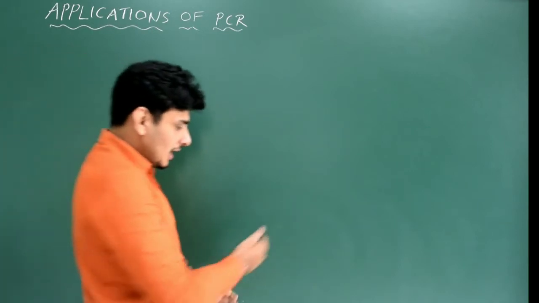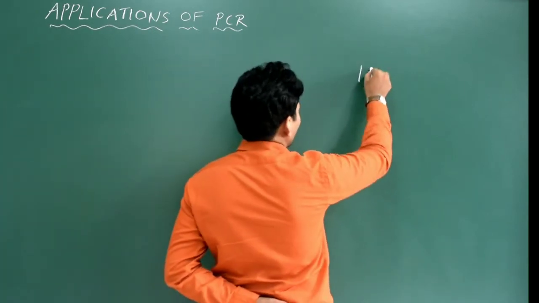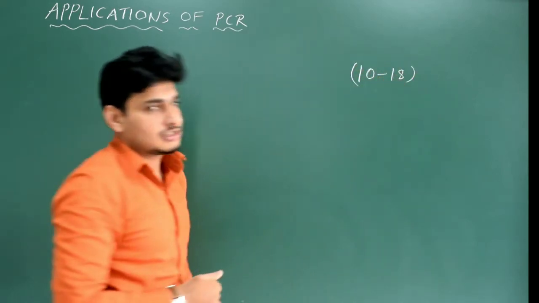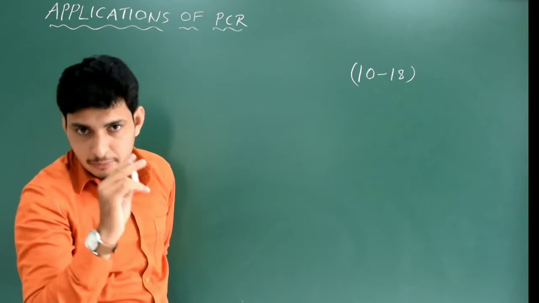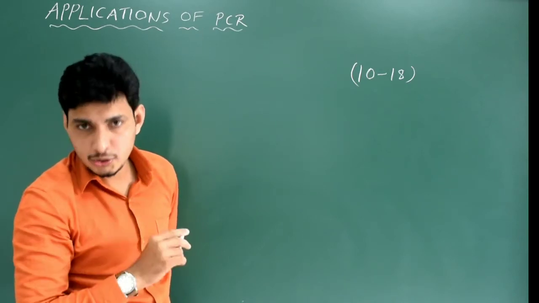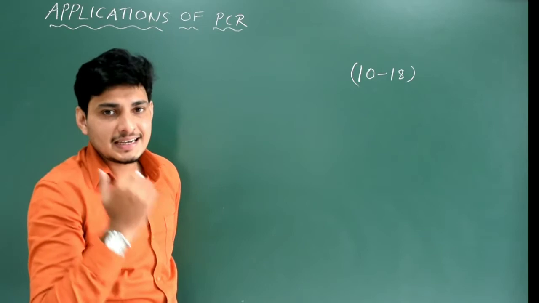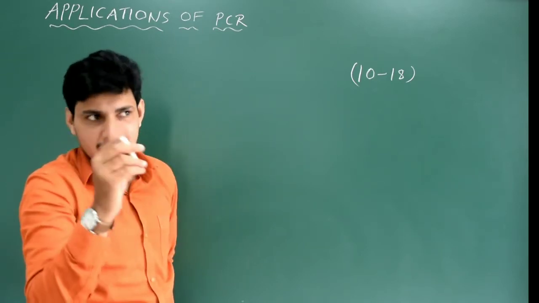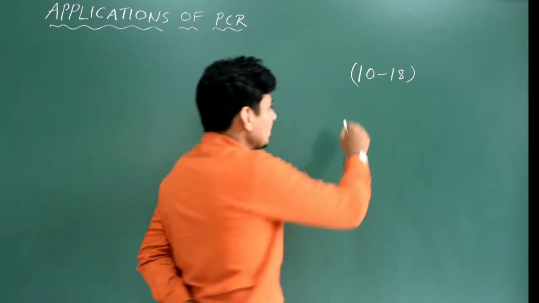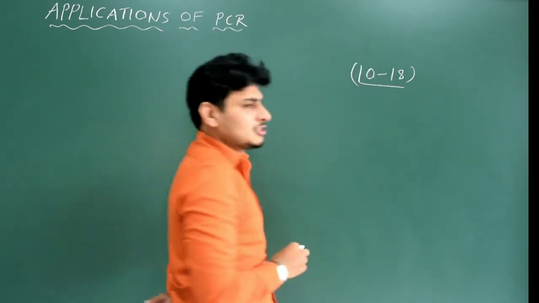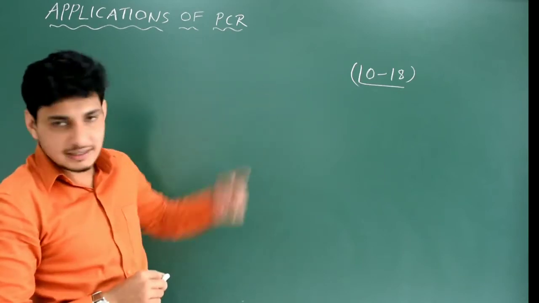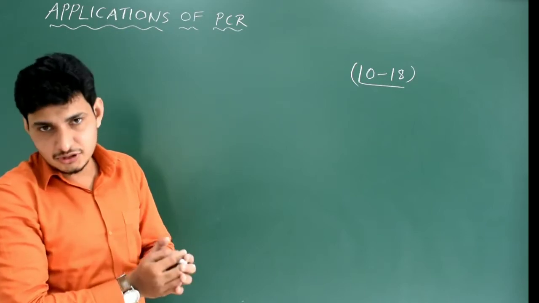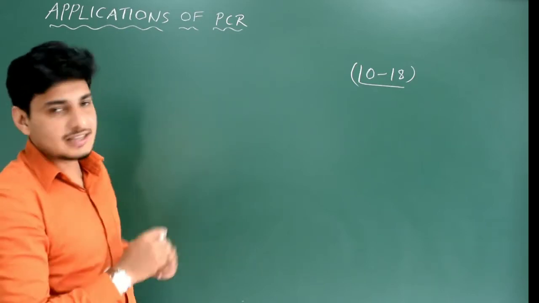Here I want to add one important note. The primers used in polymerase chain reaction. How many primers are used? Only two primers. Oligodeoxyribonucleotides. And how many nucleotides does each primer have? I mentioned 18 to 22, I guess. It is wrong. It is only 10 to 18. Smaller one. Okay, so please correct that. 10 to 18 nucleotides are present in the primers used in polymerase chain reaction. So that is actually the one correction.